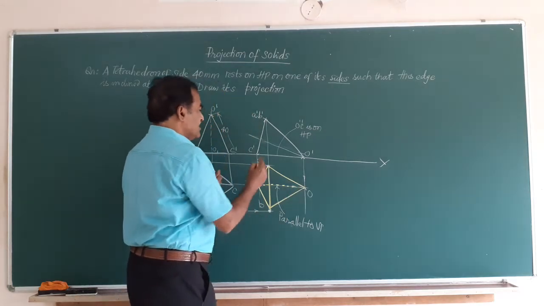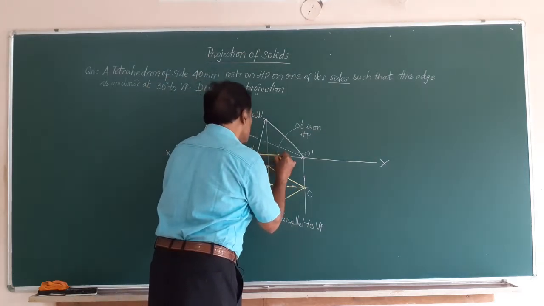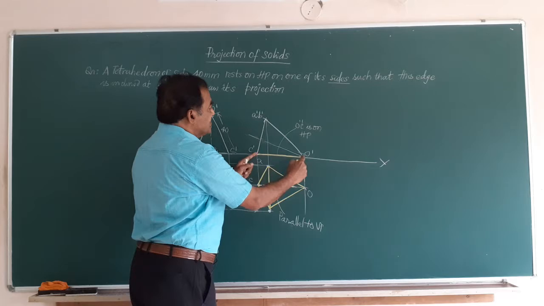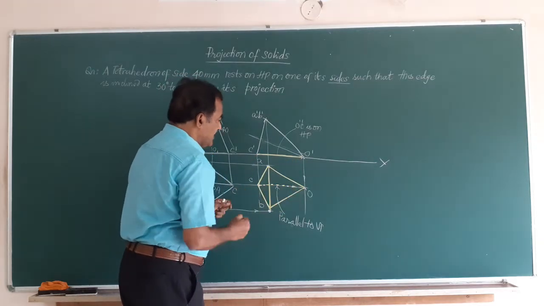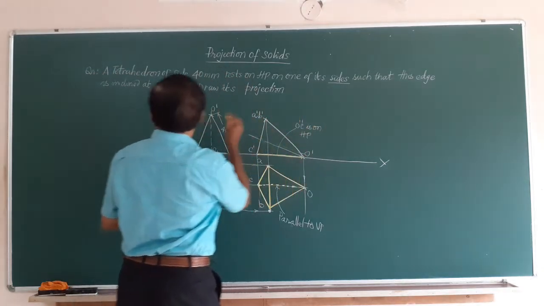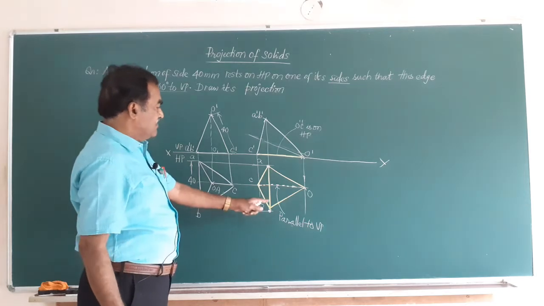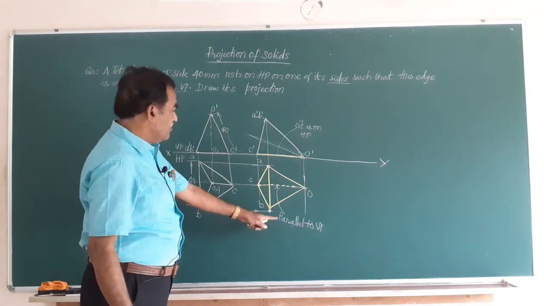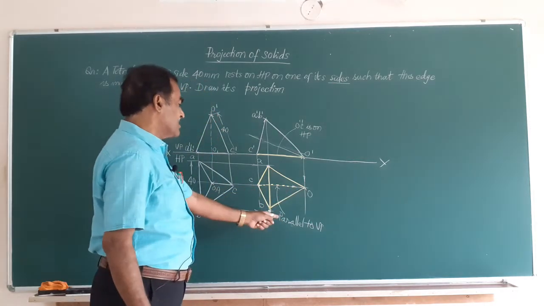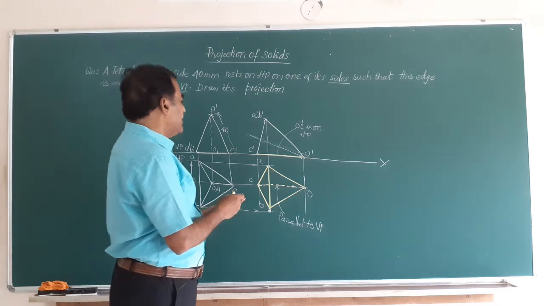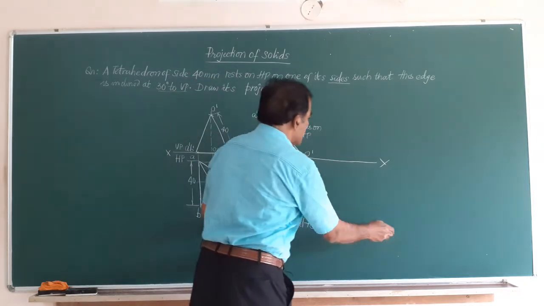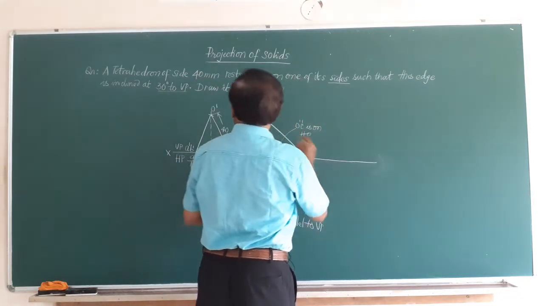Friends, you can see here the object is resting on O dash C dash. The corresponding top view is this OC. See, you don't find any change in the length of the axis or this length. Now, in the question it says draw its projection when this edge is inclined at 30 degrees to VP. Friends, that AB is now parallel to VP, and here this edge on which the object is resting is horizontal or parallel to VP. Now, friends, I have to redraw this figure such that this edge OC in the top view is inclined at an angle of 30 degrees to VP.